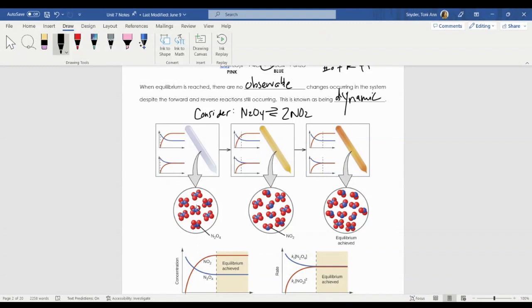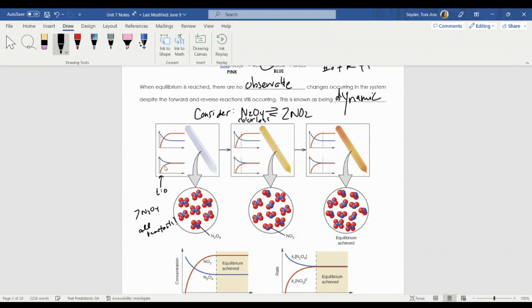So I could see that in this particular reaction at the starting point, I have a heck of a lot of N2O4, and N2O4 is a colorless compound. So we're going to write colorless here. I can tell that this reaction is not quite at equilibrium yet, and that's because I'm at this particular point in the dotted line. So we'll say T is equal to 0. At that point, no time has passed. And if you count the number of particles here, you have 7 N2O4 molecules. These are all reactants